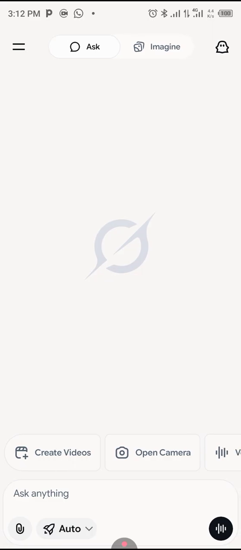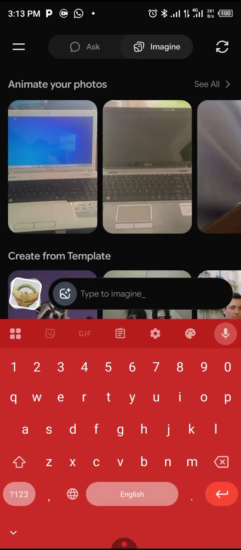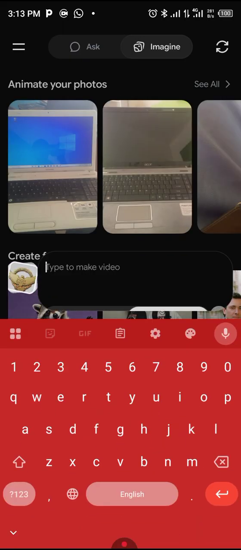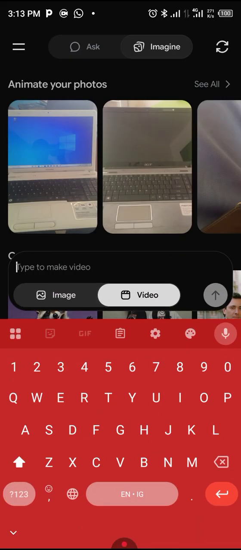To create our video, there is an option called create videos. Down below, you can see where they're showing create videos. You click on it. So you type whatever video you want to create. You type the prompt. The prompt is a kind of guide to what you want the AI to do for you. All right, then I will type create